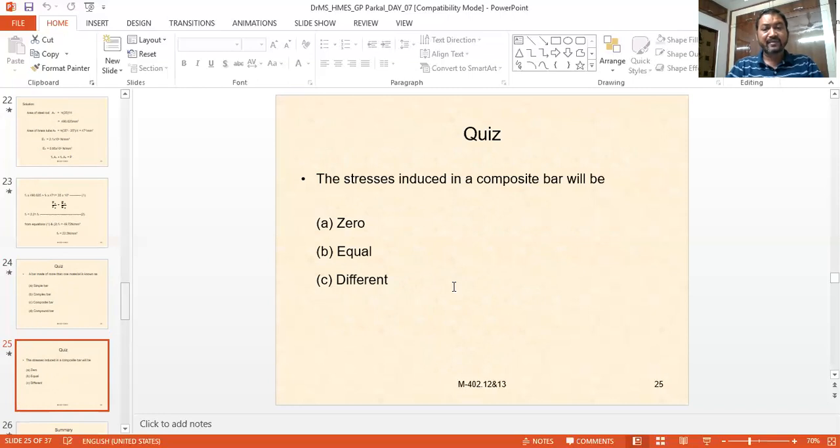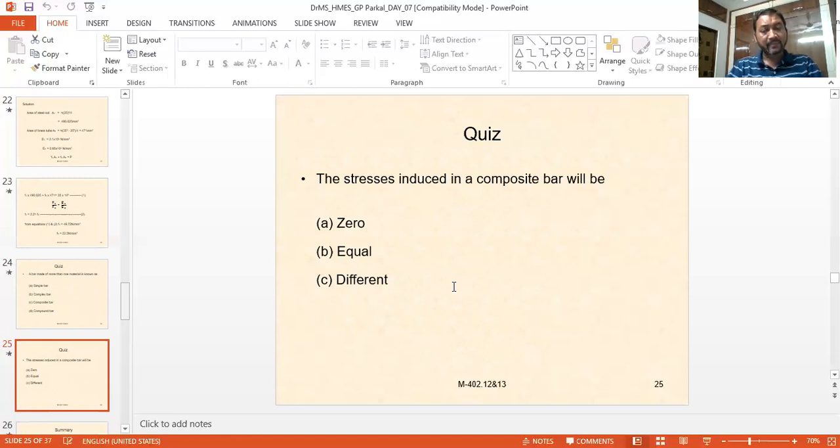The next one, the stresses induced in a composite bar will be: option A, 0; option B, equal; and option C, different. So if you see the composite bar, always some stresses will be induced, but it is not equal to 0,